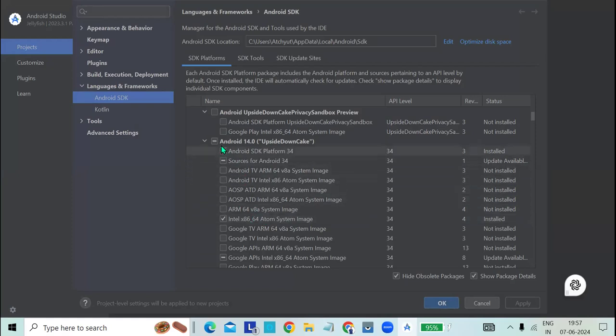You have to just click on it, and after that you have to click on apply. So after clicking apply, the Android SDK platform 34 and Intel x86_64 Atom system image will be downloaded. Then you have to click on OK. And after installing the Android SDK platform 34 and Intel x86_64 Atom system image, then you have